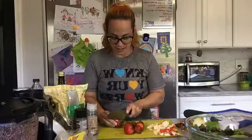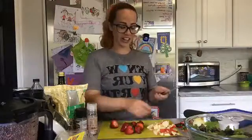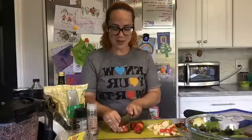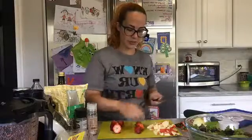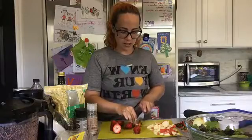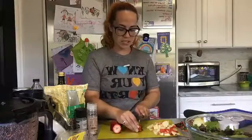So I'm gonna chop. I'm gonna take off the top. I think I was saying take and chop at the same time. So I'm gonna take off the tops of the strawberries. And then these don't have to necessarily be in bite-sized pieces, but basically I don't like 6 or 8